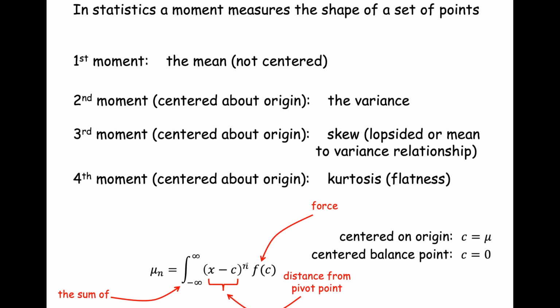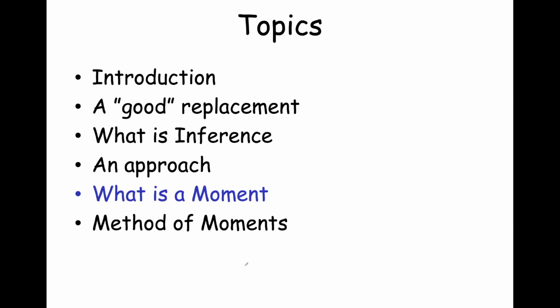All right, and so in summary, we have the first moment, which is the mean, n is 1. The second moment, centered, is the variance. The third moment is skew, which measures the lopsidedness. And the fourth moment is kurtosis, which measures the Gaussianity or the flatness of a distribution. And each of these moments talk about the shape of the distribution, and the higher order moments talk about more esoteric, complicated shapes. And this is how you describe in statistics, generally, the gross level shape of a distribution.